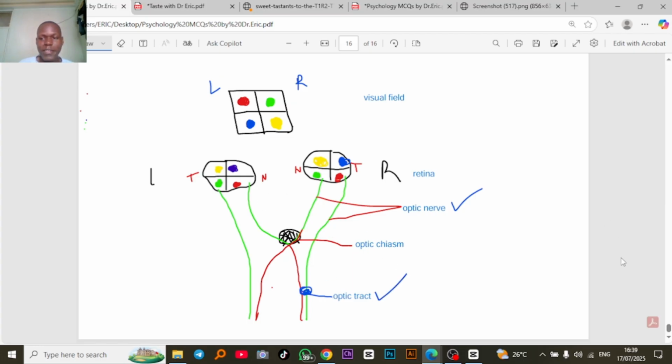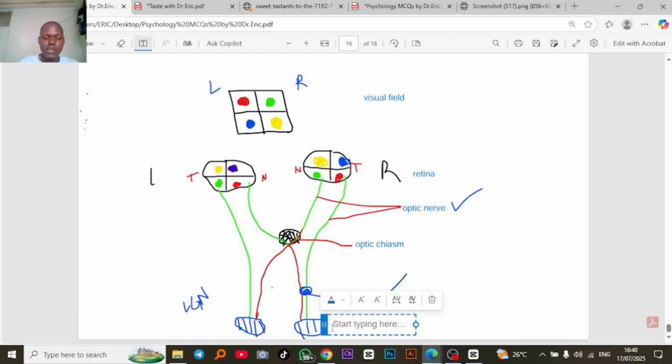So where are these optic tracts heading? Optic tracts will be heading to a nucleus within the thalamus, which is known as the lateral geniculate nucleus of the thalamus. So I can draw it somewhere here. Lateral geniculate nucleus of the thalamus. That's the LGN. This is the lateral geniculate nucleus